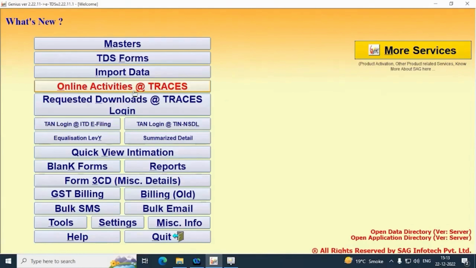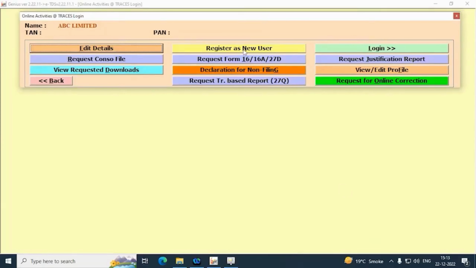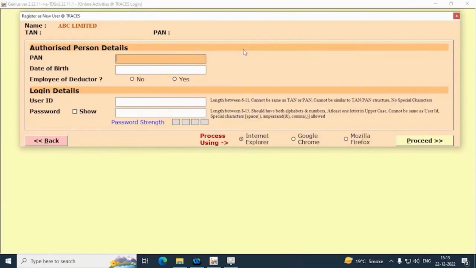Now we come to the next option, which is Online Activities at Traces Login. If you are a registered taxpayer, it will automatically show you the status as registered. If you are not a registered user, then the software will show the tab to register as a new user. Click on that tab, fill in the basic details and click on the Proceed button.